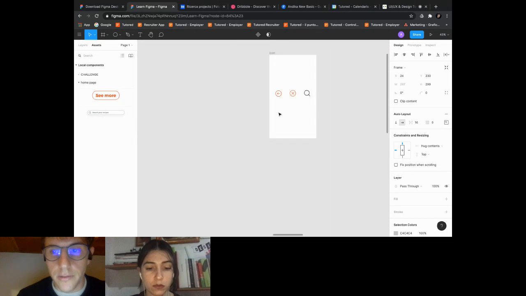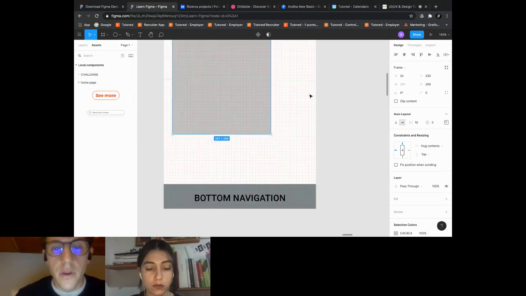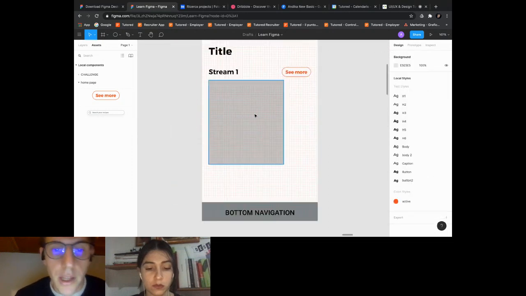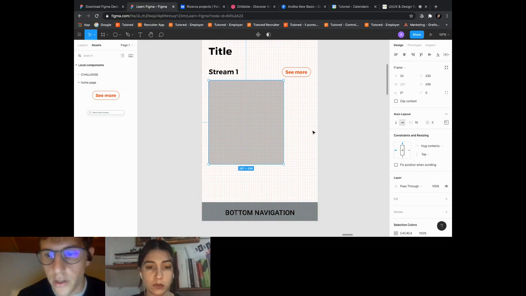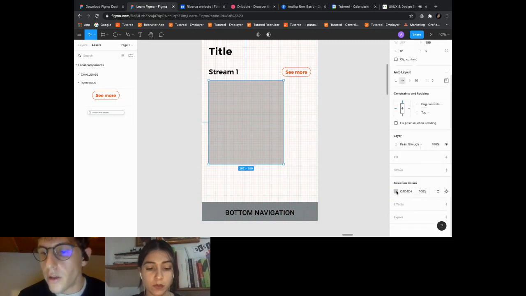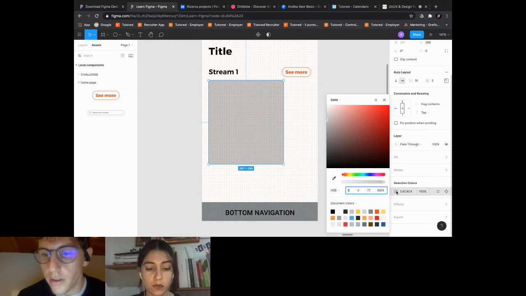So how to create it? We just have to drag an image here. But how can we transform this box into an image? It's very simple. You have to go here, section colors, and transform your solid color into an image.